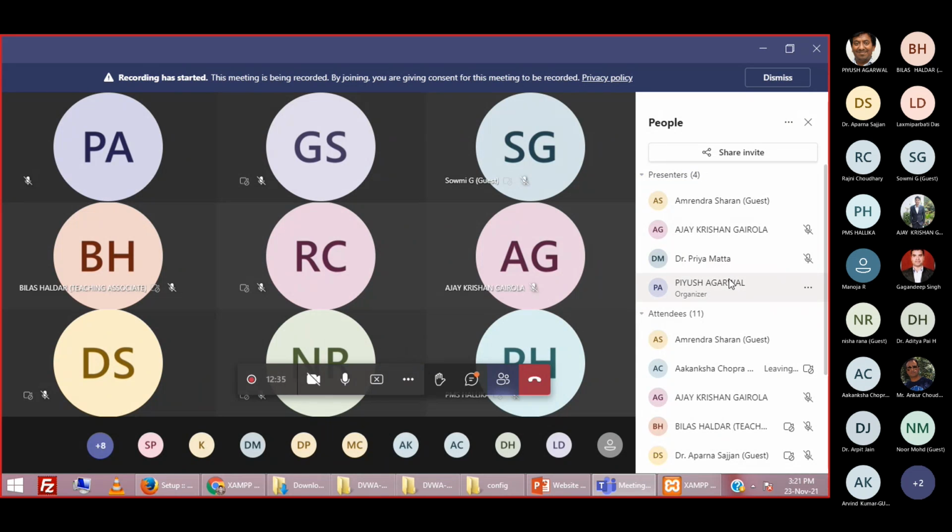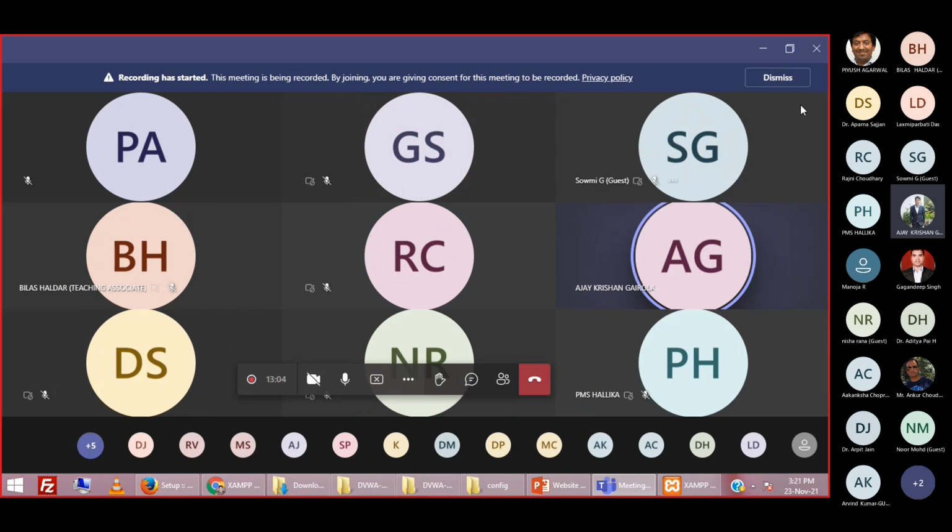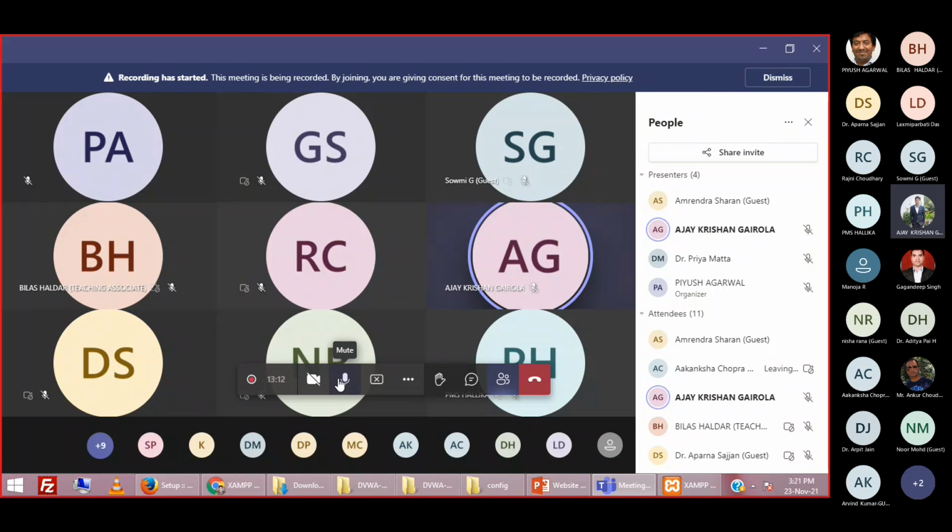So Piyush sir, I think participants are not aware of what happened. So please drop an email to all the participants to reconnect to this meeting. What I suggest, Piyush sir. Okay, sir. In this case, you just have to drop an email to all the participants that due to some problem, the meeting was ended. You have to reconnect immediately for the session, right? Okay, sir. Okay. Hello. Yes. Okay, sir. Please mute yourself, sir.